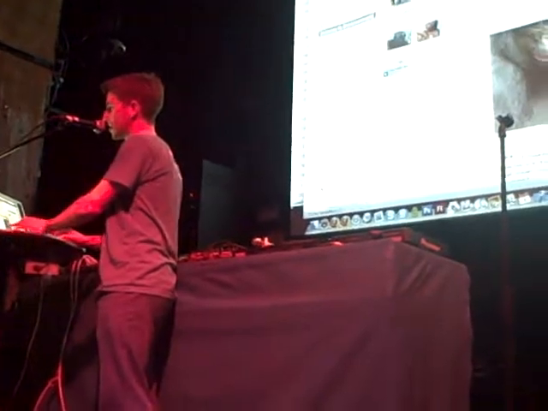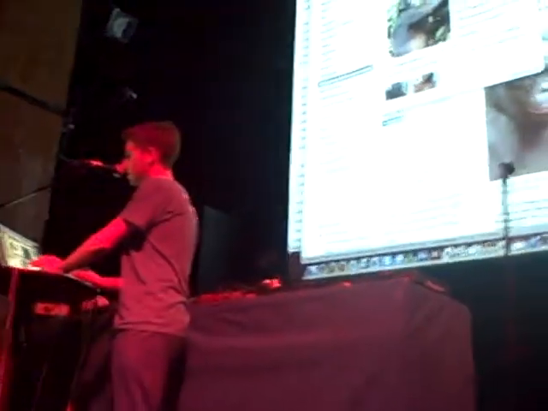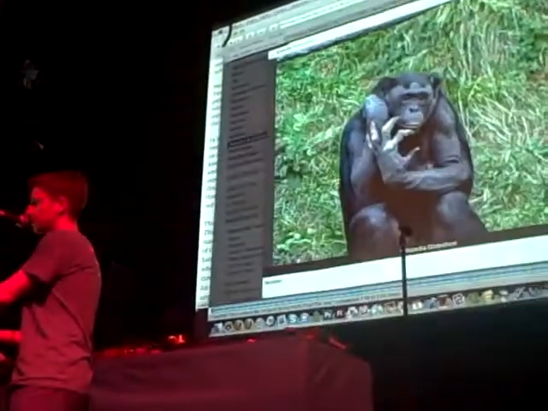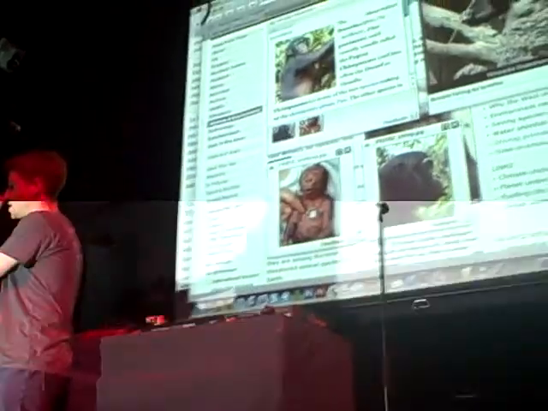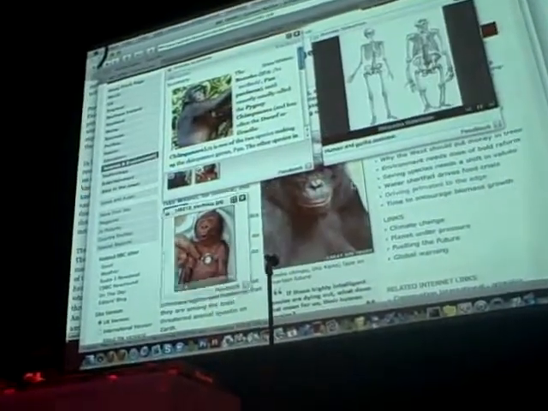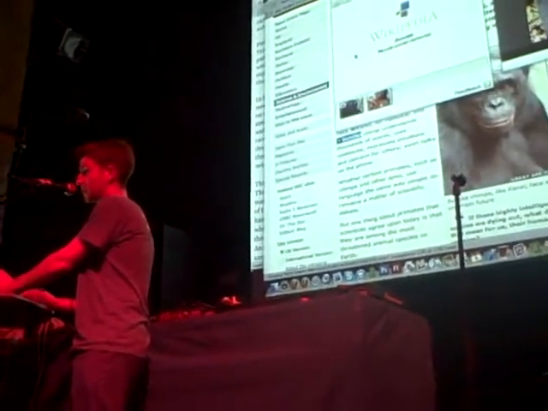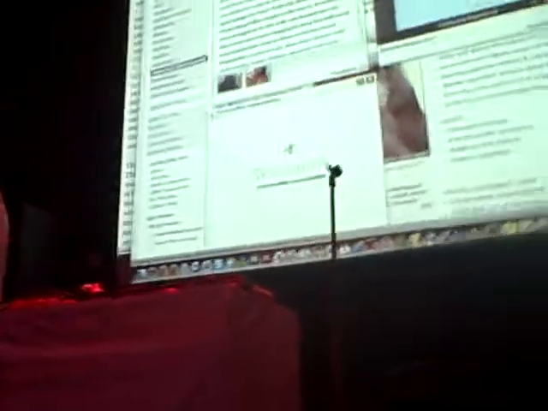The whole idea is how do you let someone, as it piques their interest, go deeper into the topic that they care about. So if you click on this photo of a bonobo, you get a slideshow of bonobo photos. You can maximize it. You can open up some other images from the BBC's own image library. And each click that I make dismisses the last window. You can also dive into the table of contents and learn about the social behavior of bonobos. And if you want to know more about post-conflict reconciliation, you can just click on it, and you can go as deep as you want, but you never have to leave the BBC's website.